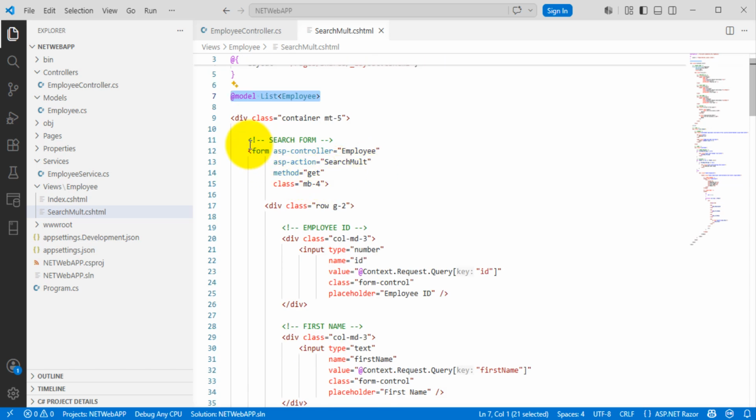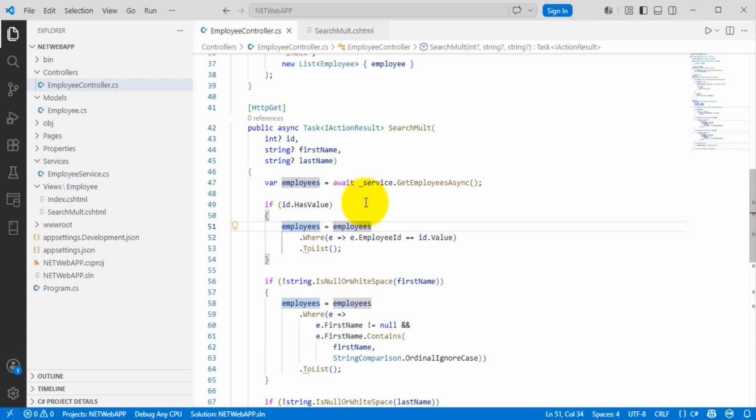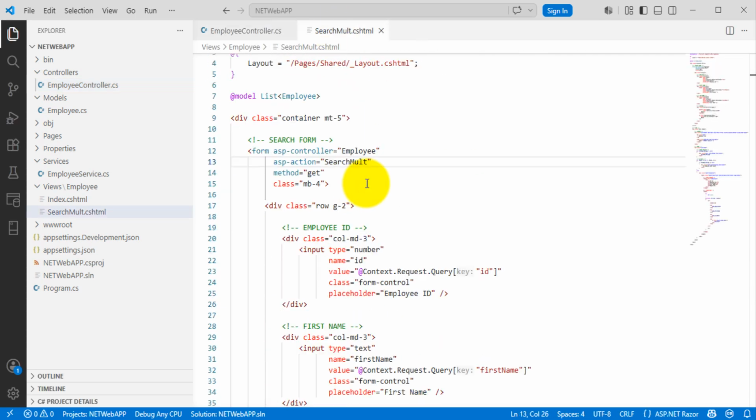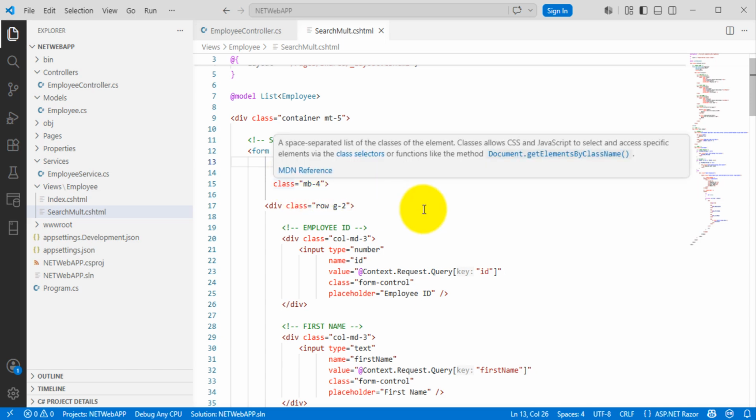Okay, and this is the search form I'm using, and the ASP action method is SearchMult, because my MVC action method I'm using here is SearchMult, so that I'm calling that ASP action SearchMult here, method is get. Okay,